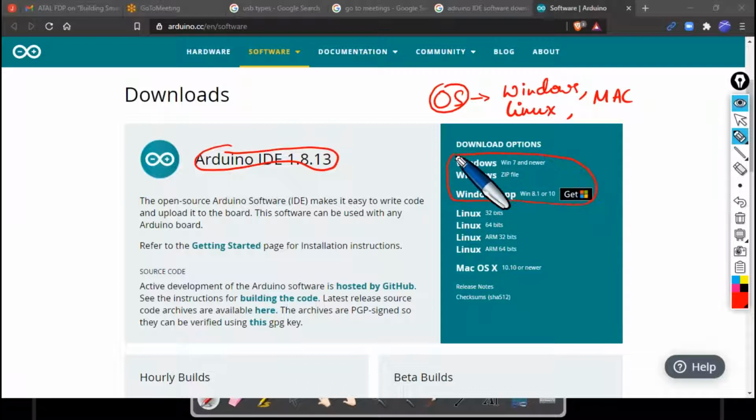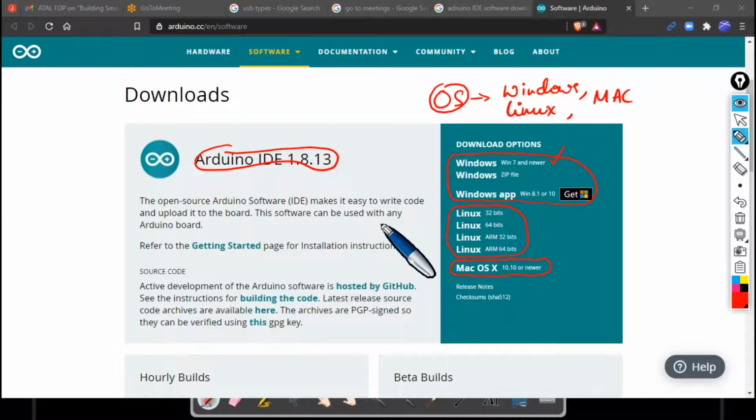Out of these three choices, what I recommend is the very first link, Windows, Win 7 and newer version of OS. If you're a Linux user, depending upon the OS bit, if it's a 32-bit Linux OS or a 64-bit Linux, you can go for the respective Linux Arduino IDE link. And if you're a Mac user, you can go for this link.